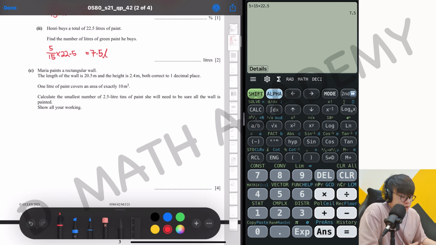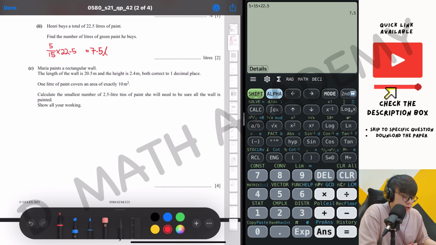Maria paints a rectangular wall. The length of the wall is 20.5 meters and the height is 2.4, both corrected to 1 decimal place. So 1 liter of paint covers an area of exactly 10 meters square. Calculate the smallest number of 2.5 liter tins of paint she will need to make sure the wall is completely